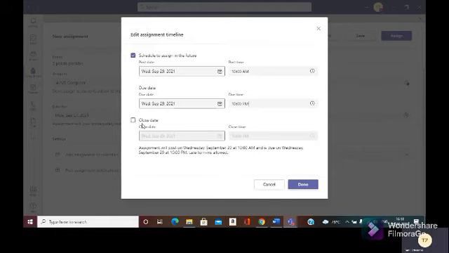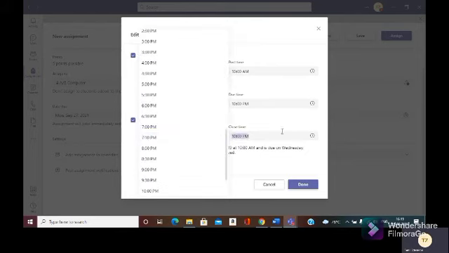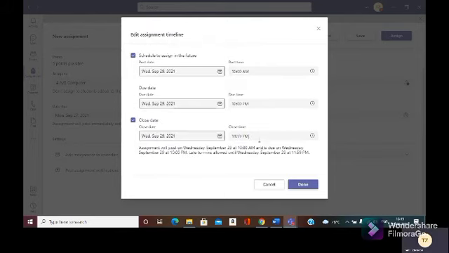Okay. Now the close date is important because it works like the post expiration in our LMS. How we set the post expiry, the same way. So here you can select which date the quiz has to be closed. It will not be visible to the student after that. And you can select the time, 11:59 p.m. Okay, till midnight it will be visible. After that it will not be visible to the students.